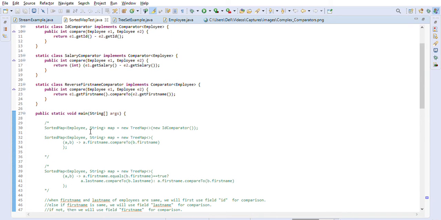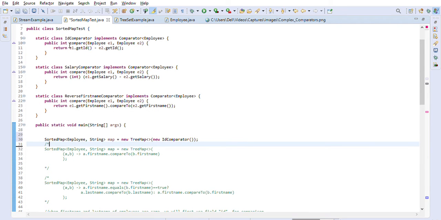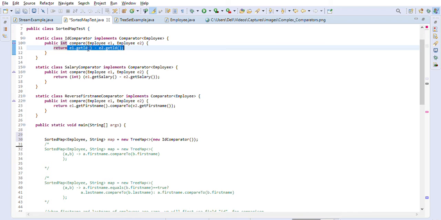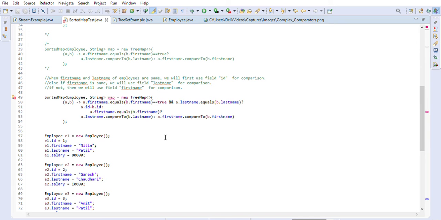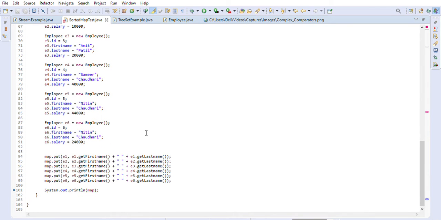We will first start with writing an ID comparator. As you can see, the ID comparator uses the ID field of the employee, and we just use e1.getID minus e2.getID, so that we get the IDs in an incrementing fashion: 1, 2, 3, 4. That's how the employees will be stored in the map as keys.